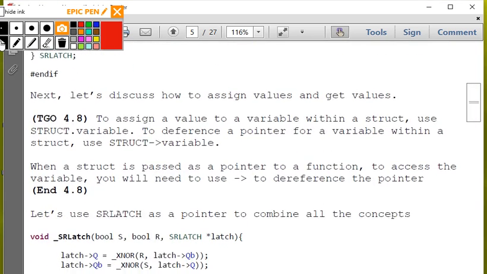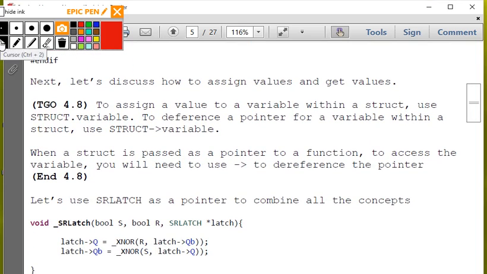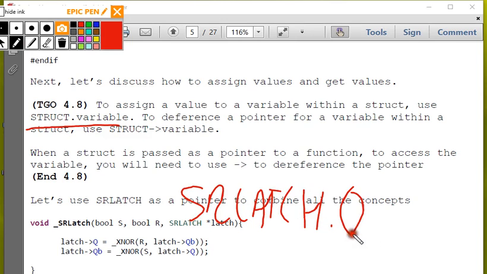So in 4.8, that's a typedef struct. To assign a value to a variable within a struct, use struct.variable. So I had srlatch, right? So as that big srlatch dot q. So I could say that's equal to 0, and then I'll assign q is equal to false,